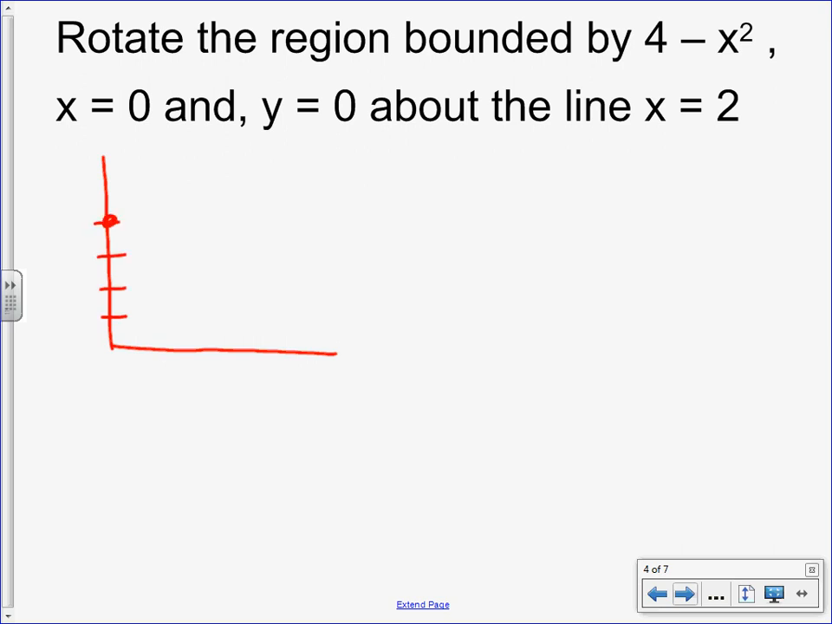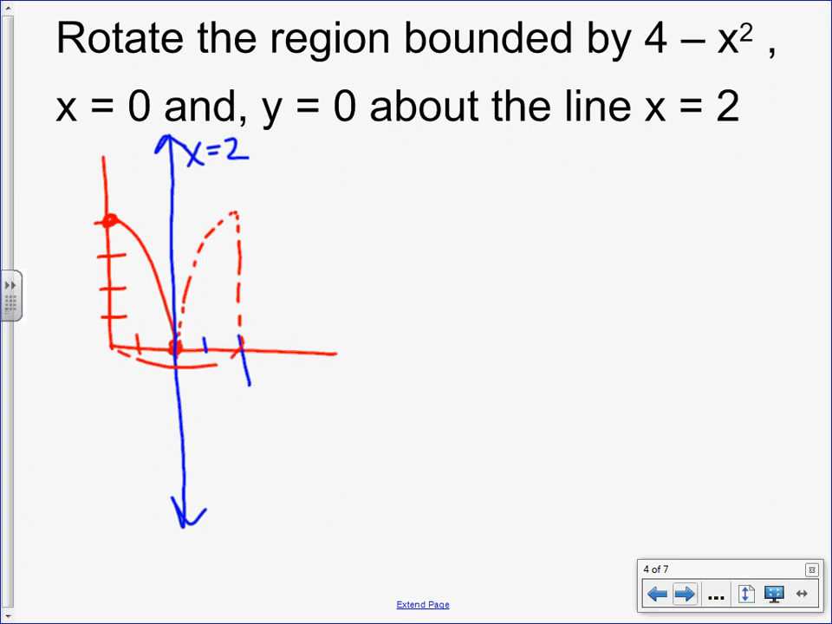Where does it cross the x-axis? Negative 2 and positive 2. That's what I had. I'm sorry. Okay. There's our region. We are going to rotate this about x equals 2. Here we go. I'm going to draw in our rectangle